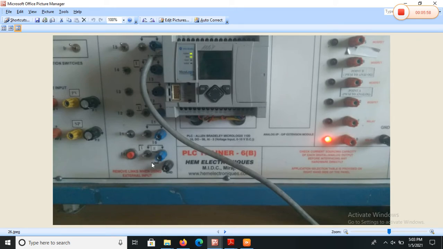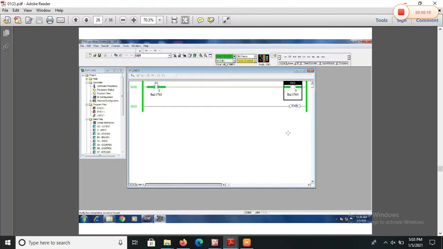I assigned the address 0/0 for this pin, and I assigned the output address 0/0 for this LED. Okay, when I turn on the switch, the LED will turn on, and when I turn off the switch, the LED will turn off. Switch on, off, on, off.